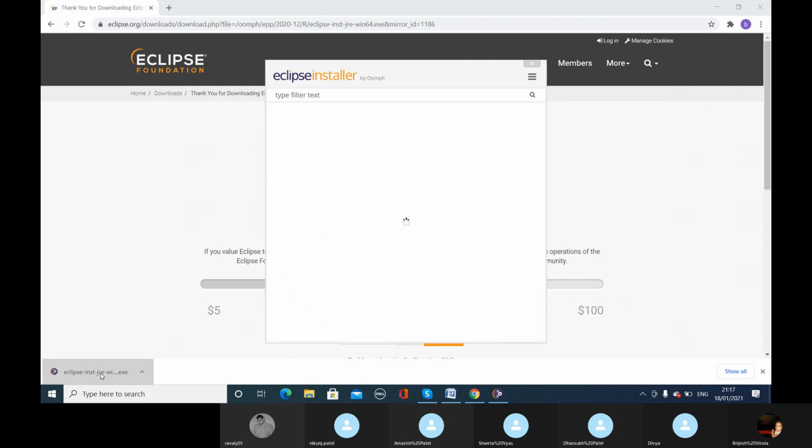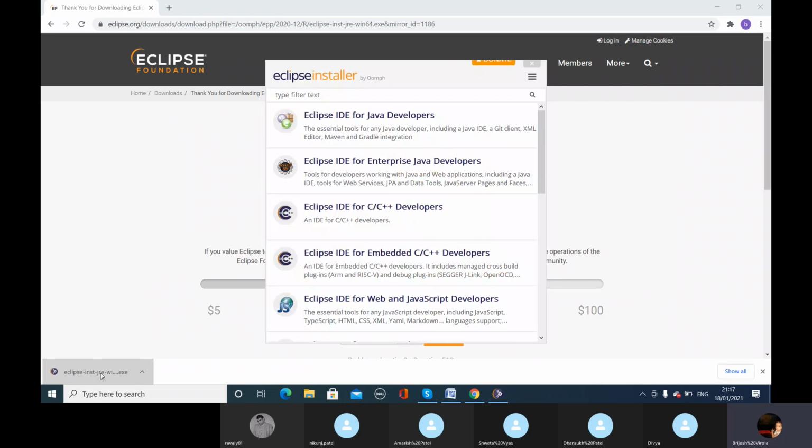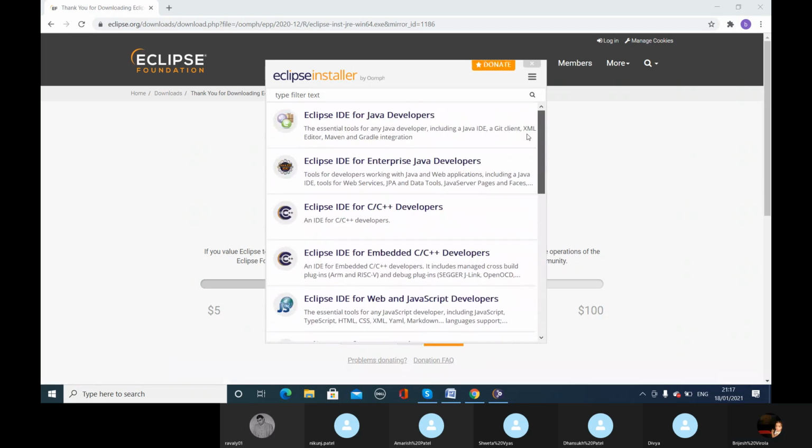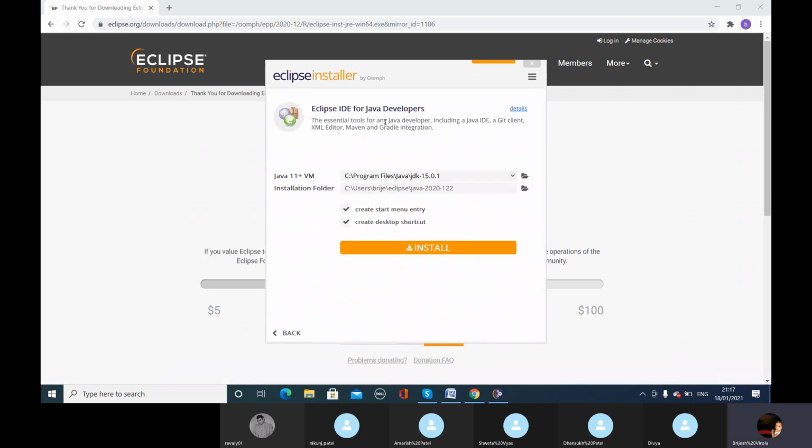You can launch the executable exe file. From this window, you select Eclipse IDE for Java developers, because we are going to use Java and use all the features of Eclipse.